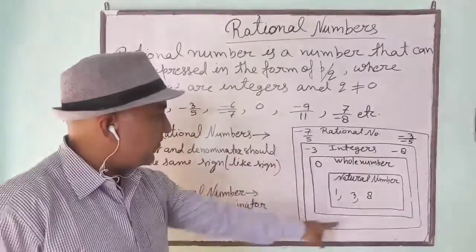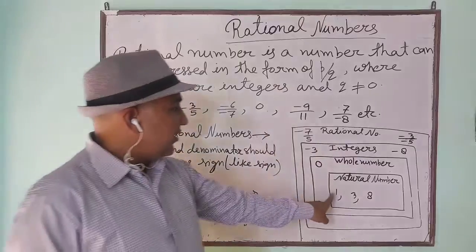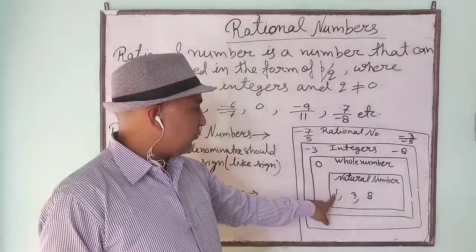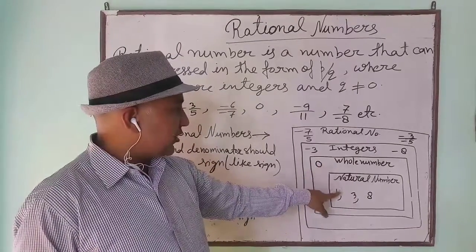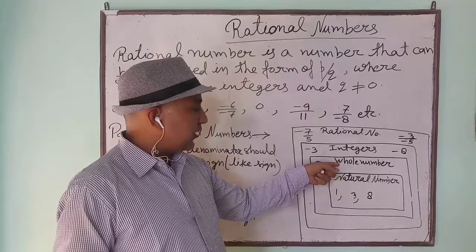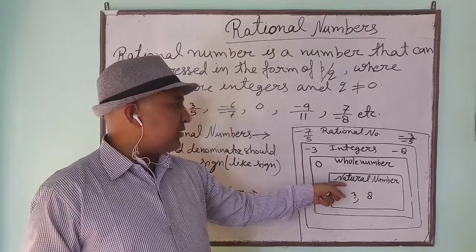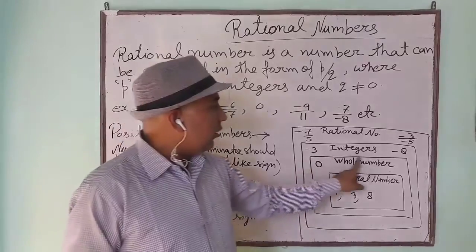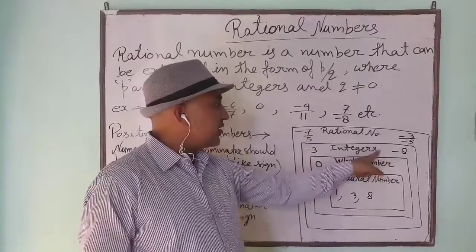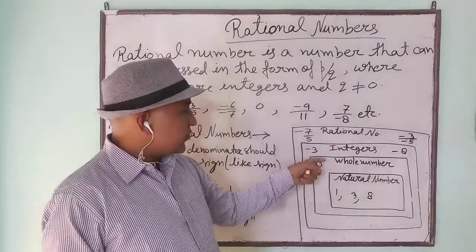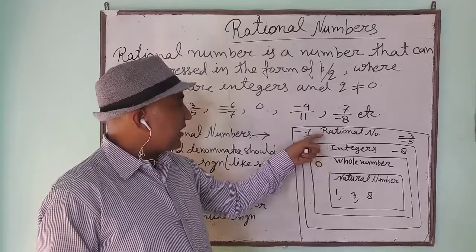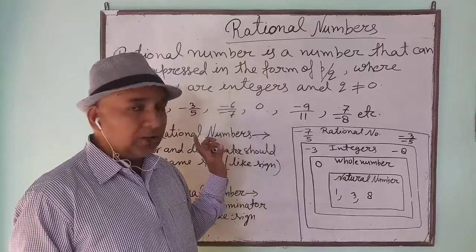See, I have made something for you. Can you see this diagram? We know that natural numbers start from 1: 1, 2, 3, 4 and so on. These are the natural numbers. If 0 is included with natural numbers, then that is called whole numbers. It means all the natural numbers are whole numbers, but all whole numbers need not be natural numbers. Similarly, all the positive numbers including 0 are integers, and negative numbers are also integers. So all the whole numbers are integers, but all integers need not be whole numbers.